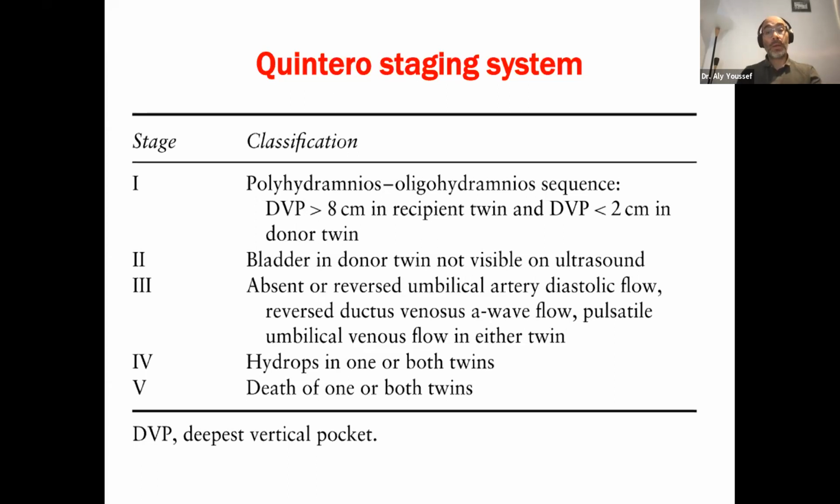Stage 2, if the bladder of the donor is not visible. Stage 3, if you have an umbilical Doppler alteration, or a ductus venosus or umbilical vein alteration. So if you have an absent or reversed umbilical artery diastolic flow, or reversed ductus venosus A flow, or a pulsatile umbilical venous flow in either of the twins. Stage 4, if you have a hydrops of one or both twins, and stage 5 is the death of